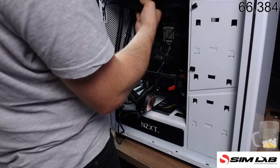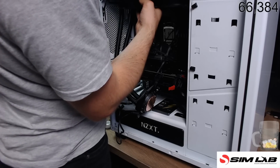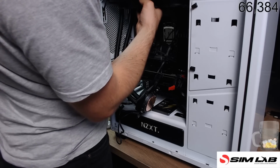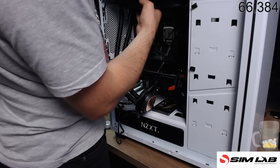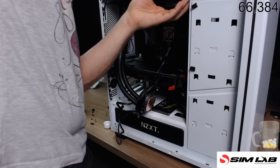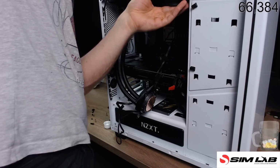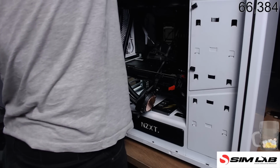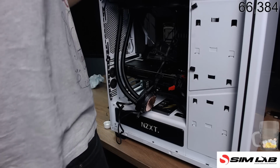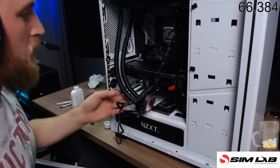I need 12 hands at this stage. There we go. Alright, we're in. It's a bit tight in here, but...